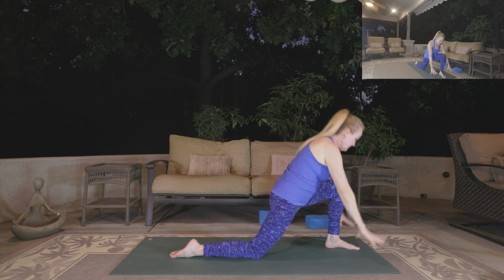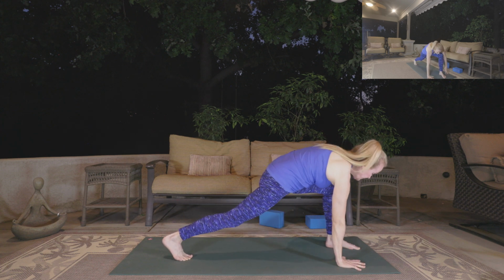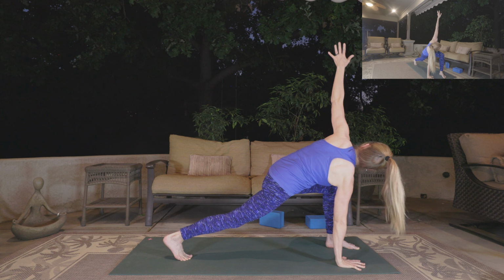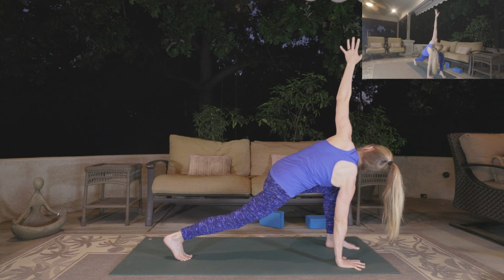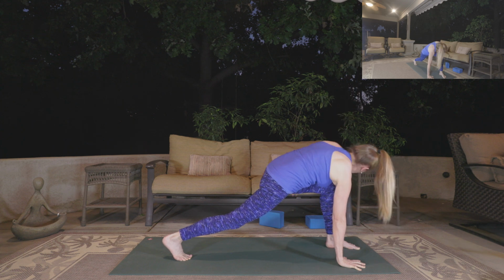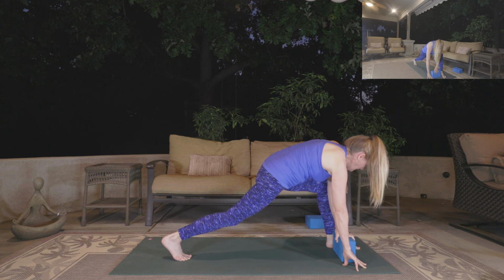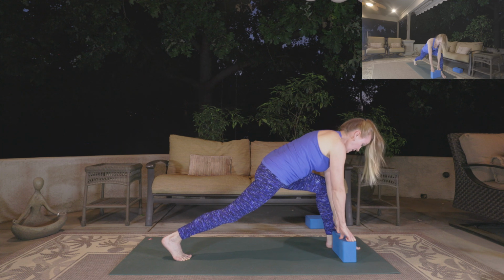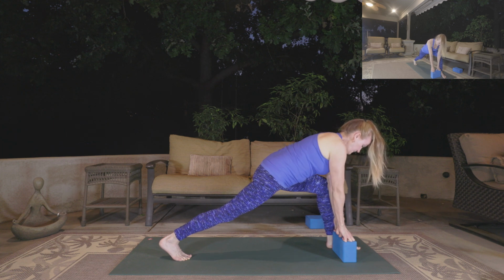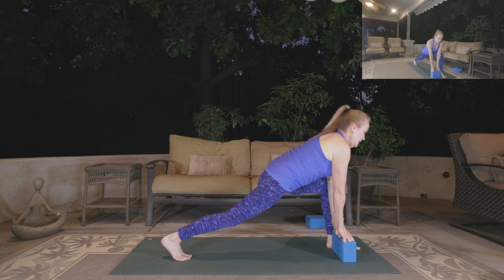Bring your hands down to the mat, tuck the back toes, lift that back knee, plant the right hand, turn towards the knee, dragonfly twist. One more breath. As you bring your hand down, take your block to the inside of that left foot. We're going to come to a bit of a runner's lunge with a lifted heart,